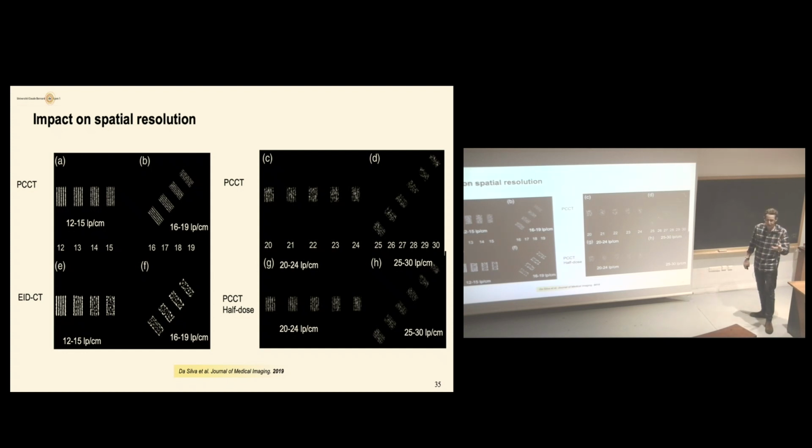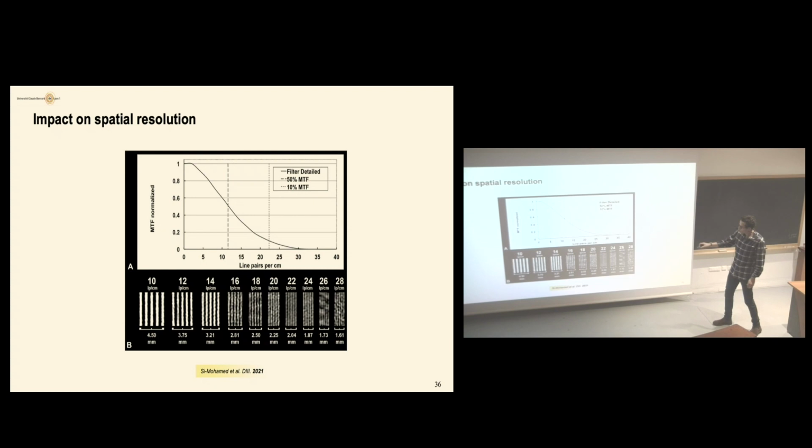So it's a huge impact in clinical imaging because you're going to see the disease earlier and with less radiation dose burden. So look at this modulation transfer function, which is our system, also with the pair of lines here, where you can see in that experimental setup up to 28 line pairs per centimeter, which corresponds to an object of 180 micron.